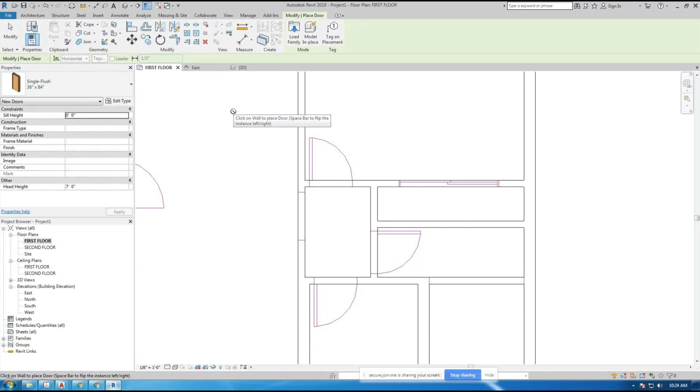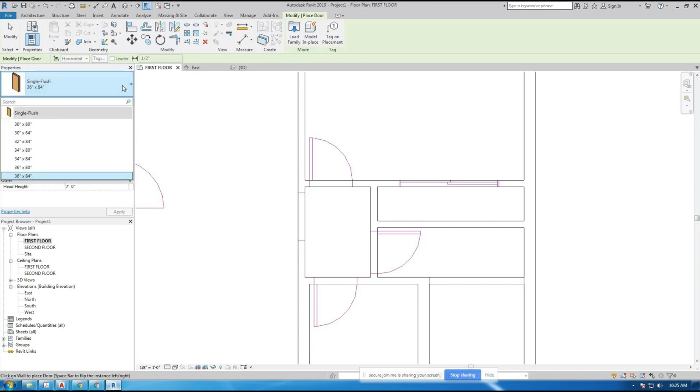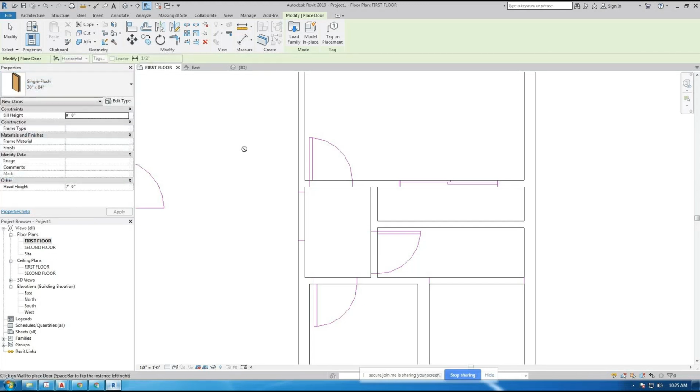the same. What type of door do I want? From what family? Single flush family, 36 by 84-inch door. Open the list. How many doors do I have? Oh, I have some 30-inch doors, 36-inch doors, 32-inch doors. Here's a 30-inch door. Here's an 84-inch. All right, here's a 30 by 84-inch door. I click on that door,